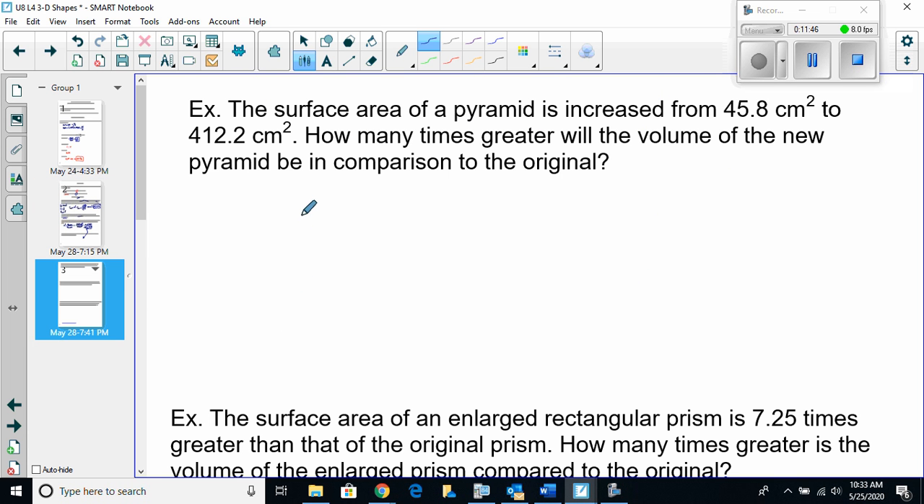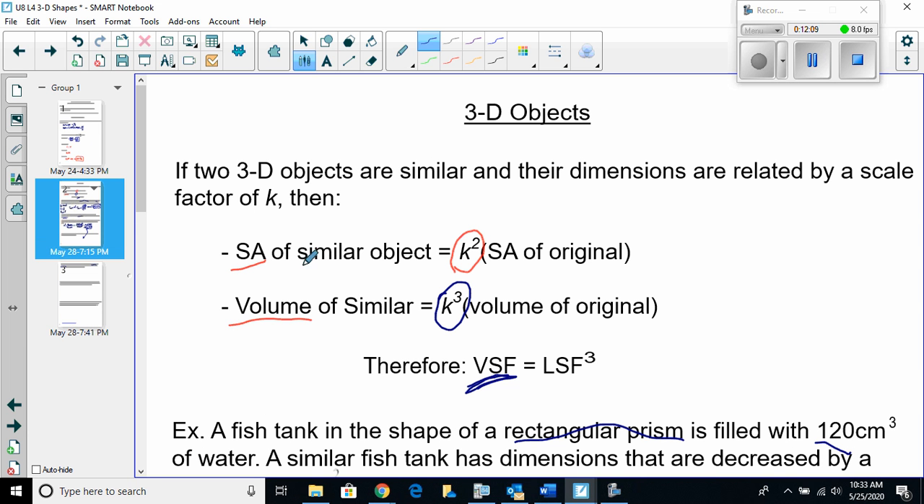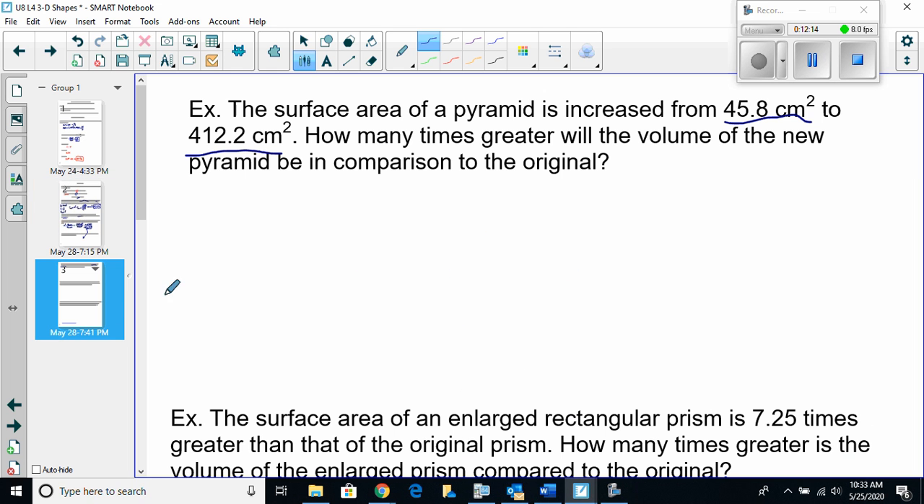Okay. The surface area of the pyramid is increased from 45.8 to 412.2. How many times greater will the volume of the new pyramid be in comparison to the original? So keep in mind what we said here. In surface area, the new is k squared times the original. Okay, so now k squared is equal to